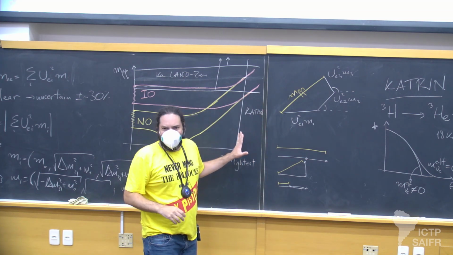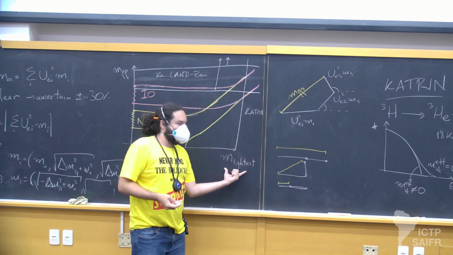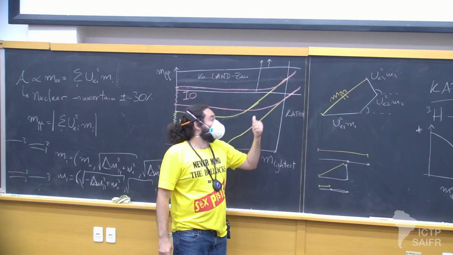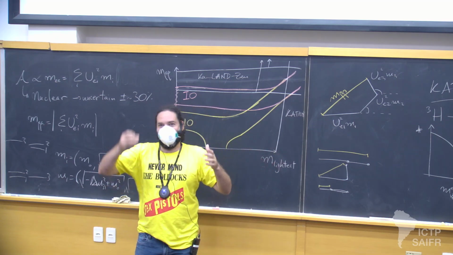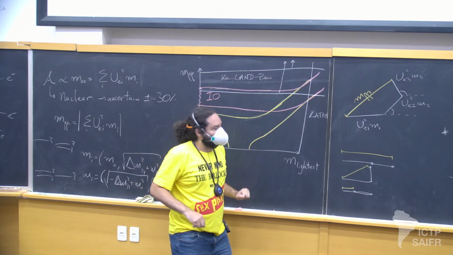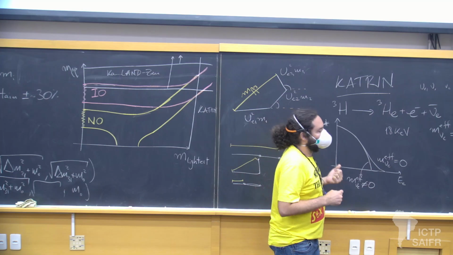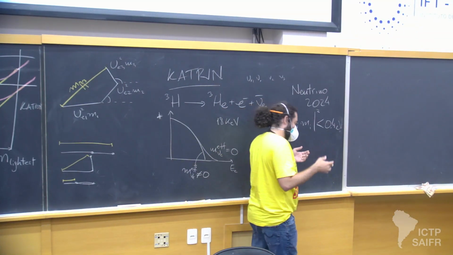Technically, there are two lines, right? Because normal versus inverted ordering, and this is on the mass of the lightest neutrino. I don't want to draw two lines because I would need to draw even one more line here, and then you would not understand if there are like 7 lines crossing. But that's scattering. And then another thing that you can look at is early, somewhere in the early universe, not